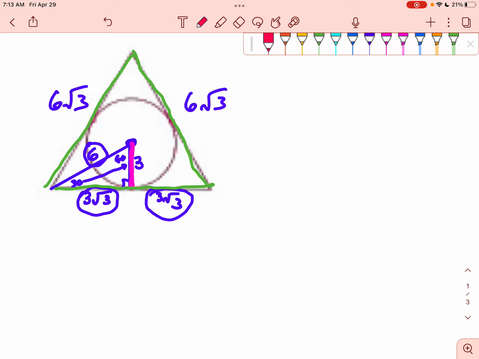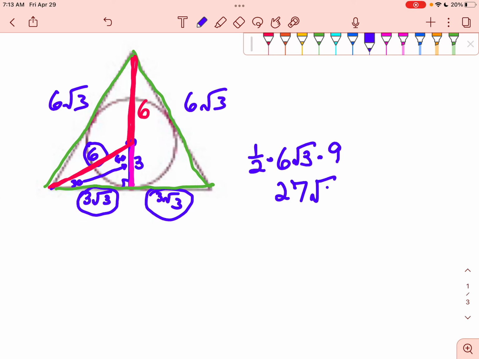The next thing I did: we're trying to find the area of this, and it's up to you how you want to do this. You could do 1/2 base times height, because you have that information. You can do 1/2 perimeter times apothem, completely up to you. But I know that because this red radius is 6, the height of this triangle right here is also 6, which means if I do 1/2 times the base times the height,